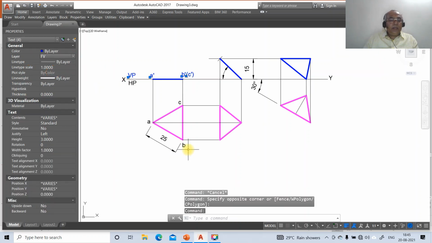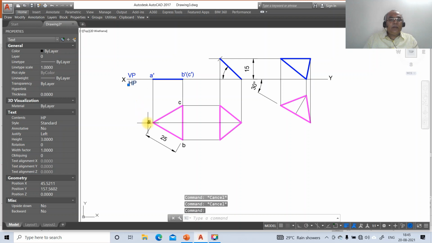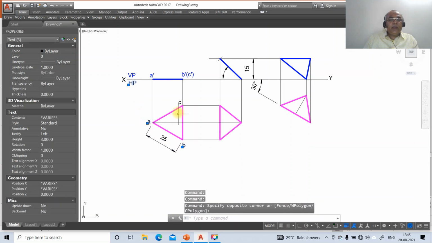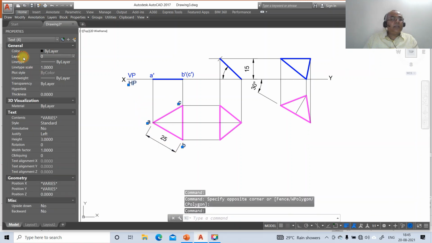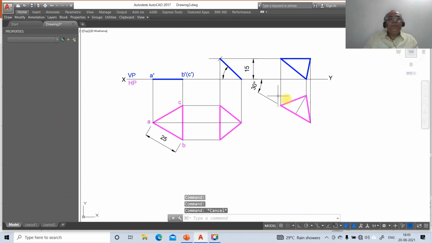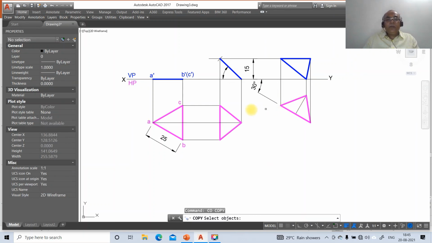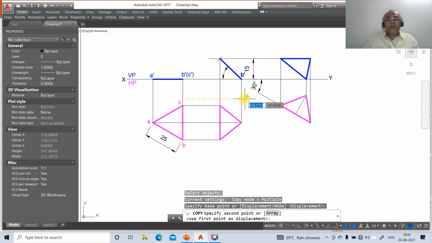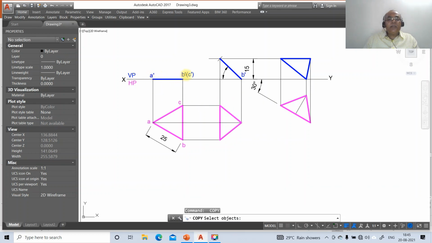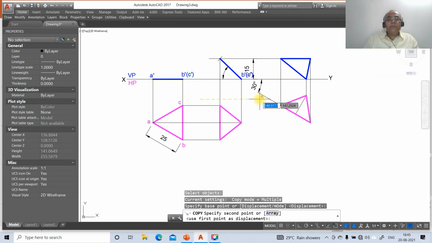So once you do that, you just click over this, go to layer, make that layer as front view, and you just click on HP, A, B, and C. You mark this layer as top view. Then go to copy, so you select B dash and copy it here, and you select C dash and copy it here.